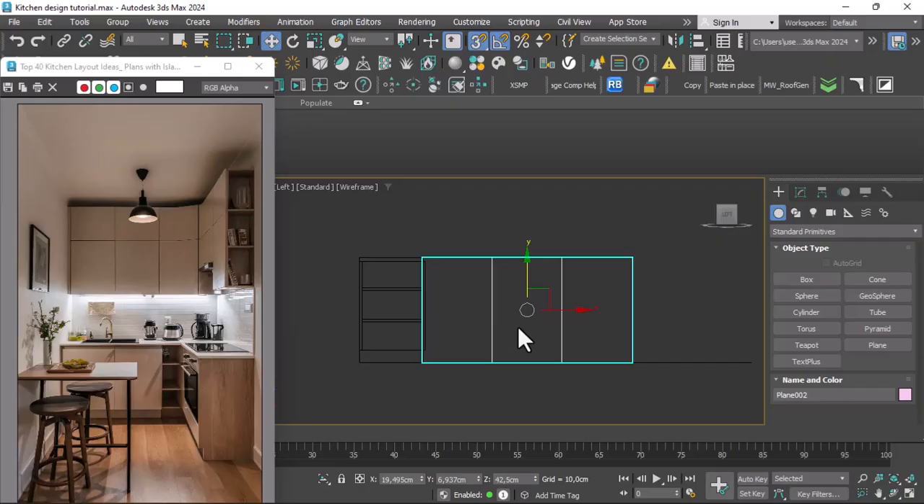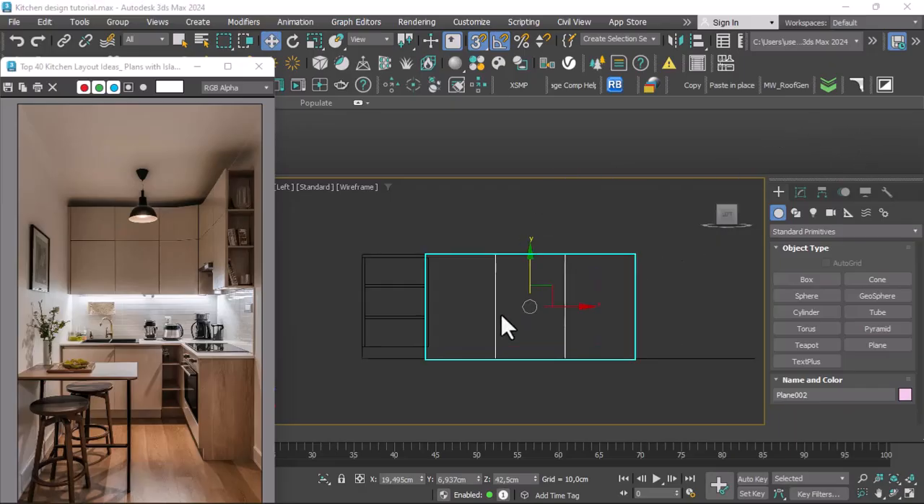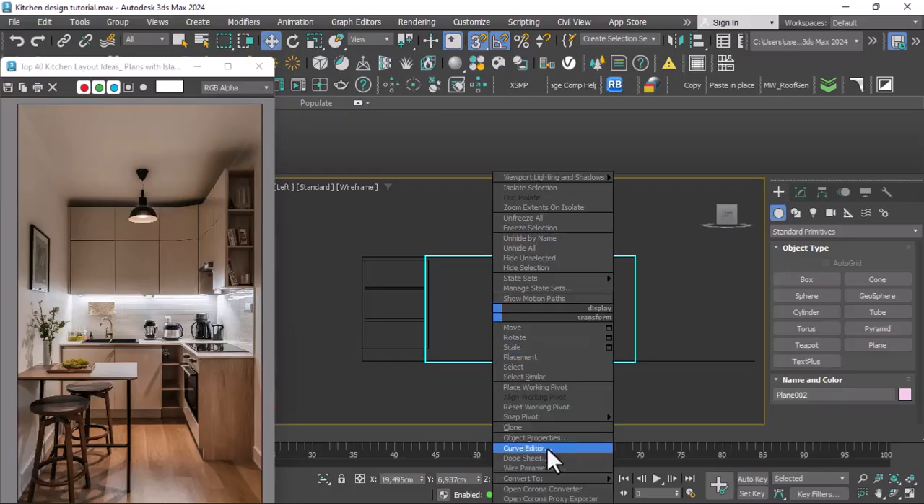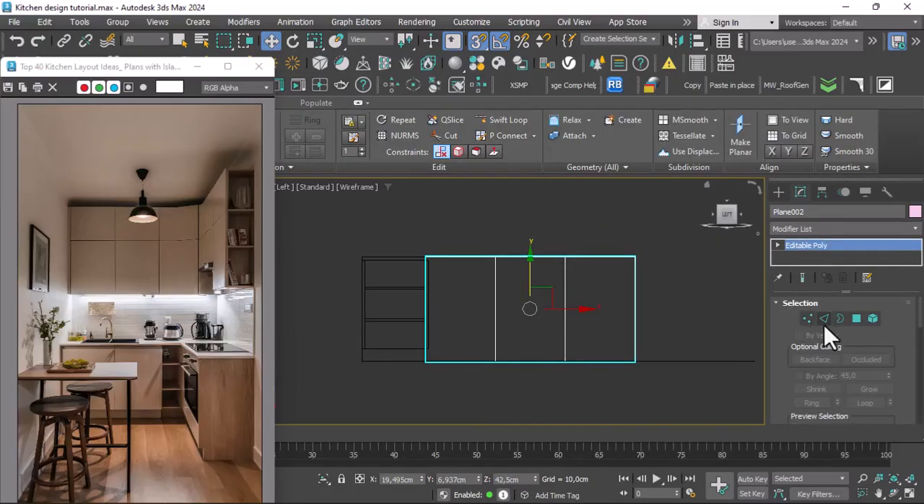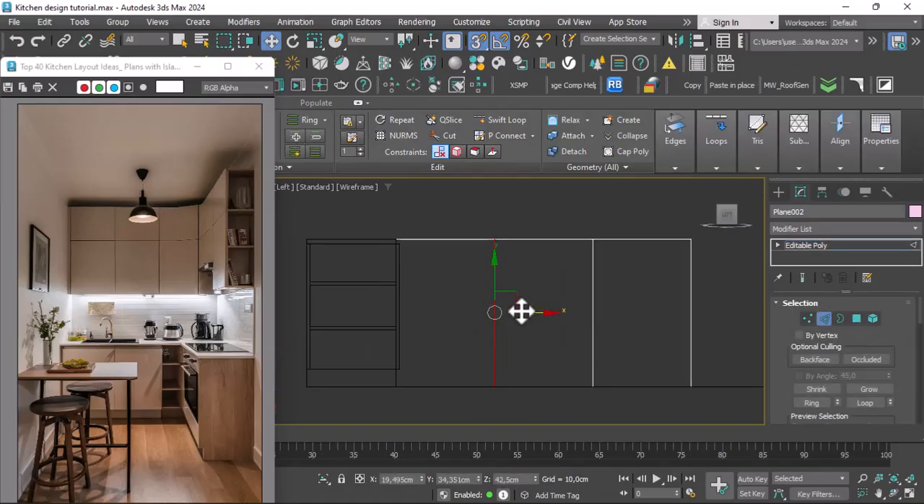Where is it? Alright, so let me convert this to editable poly. Alright, then let me adjust these cabinets. Alright, hit Y on the keyboard to deactivate. So this is where I'm going to place